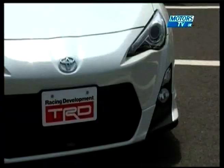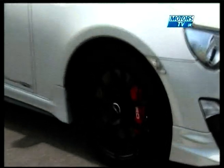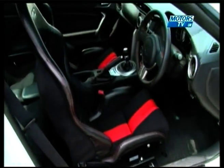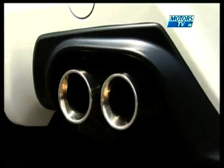Delivery for the two cars has only just started, but famous parts makers are using this chance to exhibit their wares. From TRD come this front spoiler and this sporty red caliper. The bucket seat is still a work in progress. Another popular item is this 4-pipe muffler for a little extra